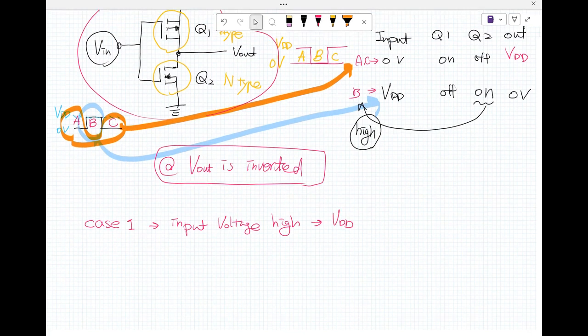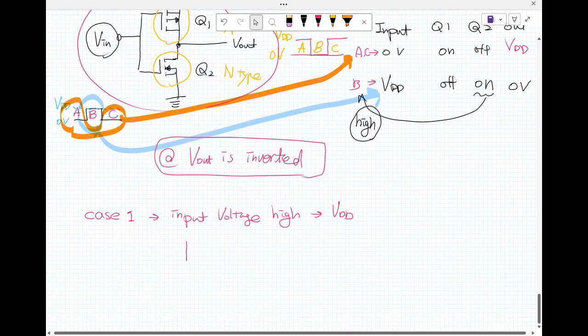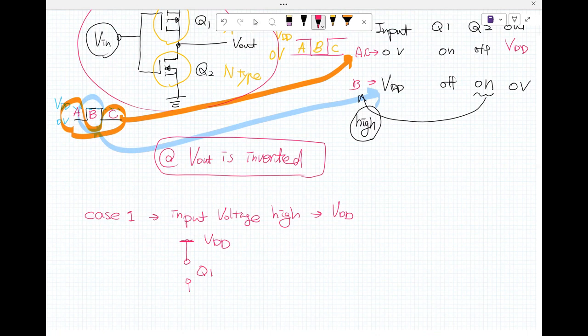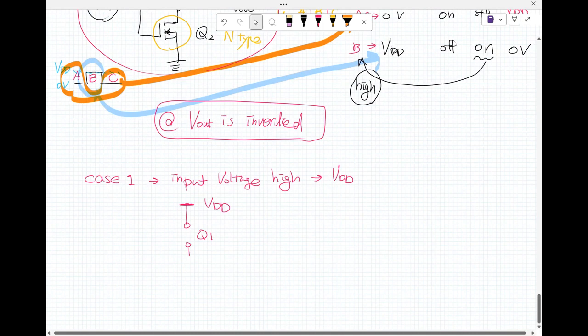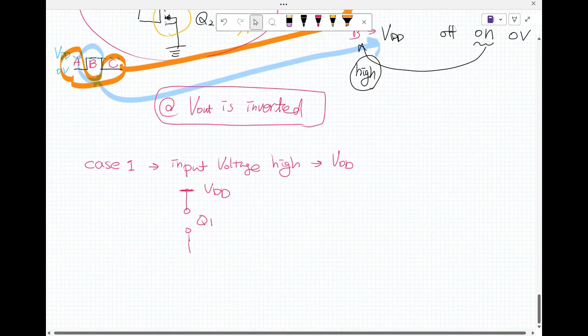So for this case, the Q sub 1 is off, and Q sub 2 is on. Maybe a resistor or short circuit. Okay, so means